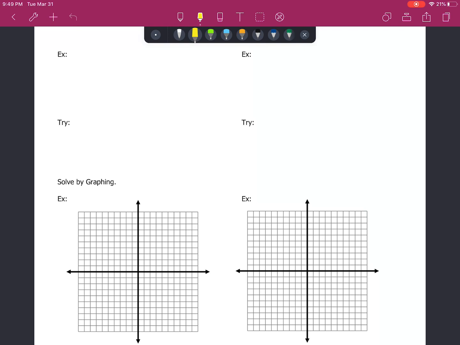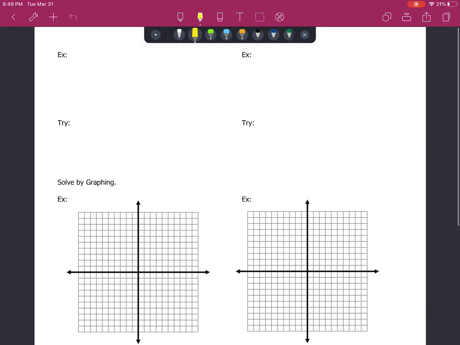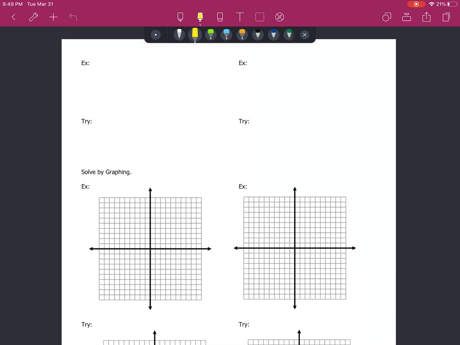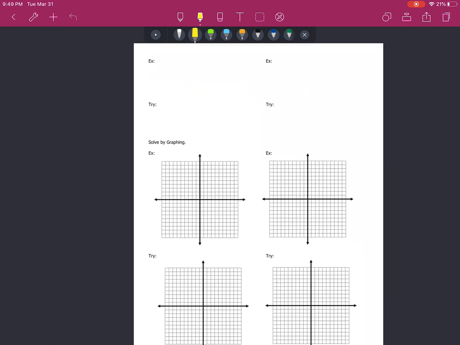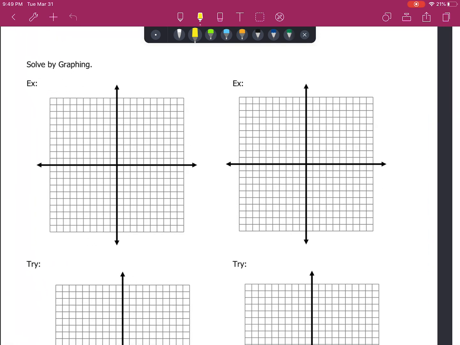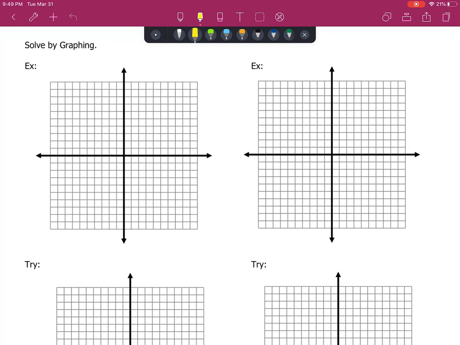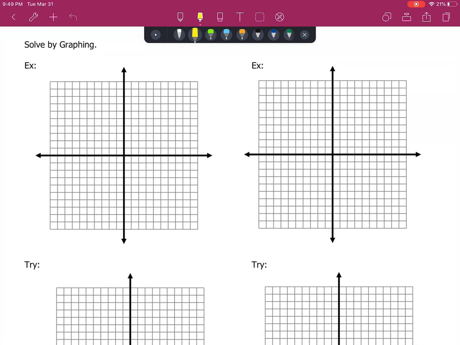So we're going to have a few more examples and tries when it comes to graphing. I think we've got 1, 2, 3, 4 graphs here that we're going to plot and solve by graphing. These two examples and these two tries went along with the two that we just did. So in the next video, we'll solve by graphing, and we'll have some